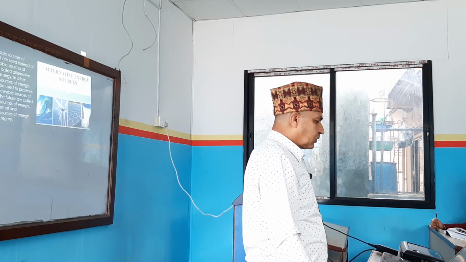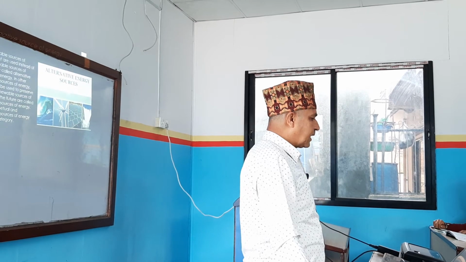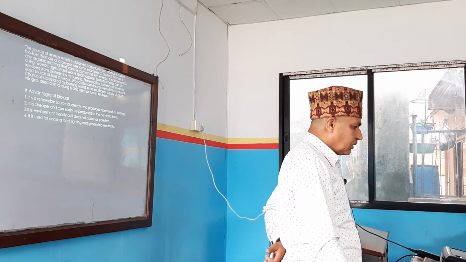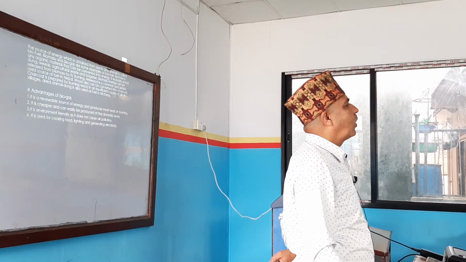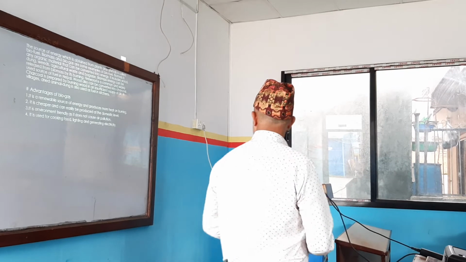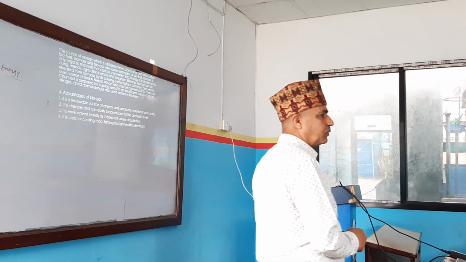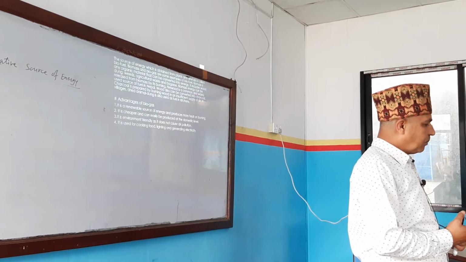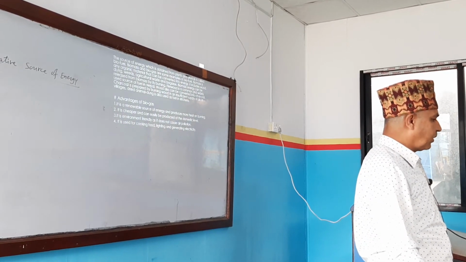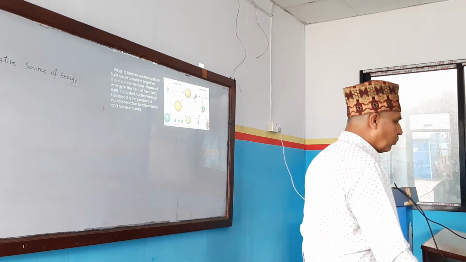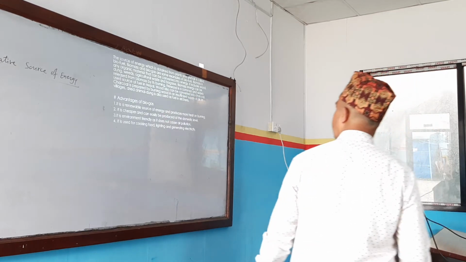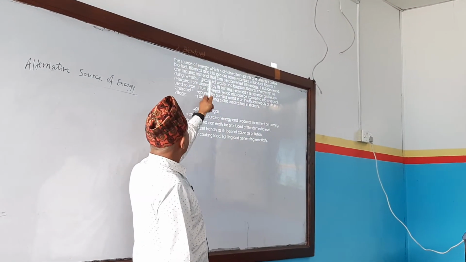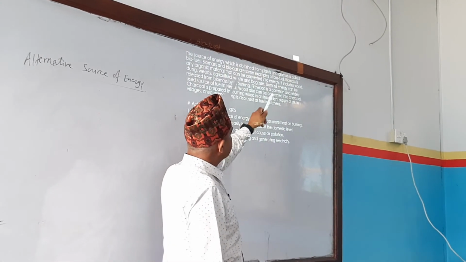So mainly some renewable source of energy can be used as what? Alternative source of energy. Here is given one source of energy. What is that? Biofuel. What is the definition of biofuel? Just look here. The source of energy which is obtained from plants and animals is called